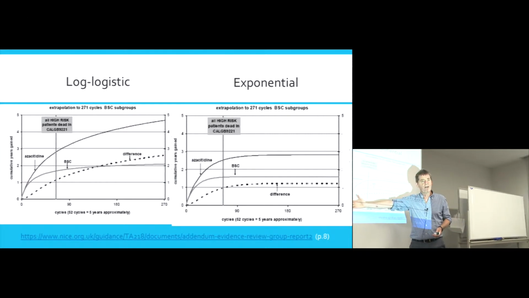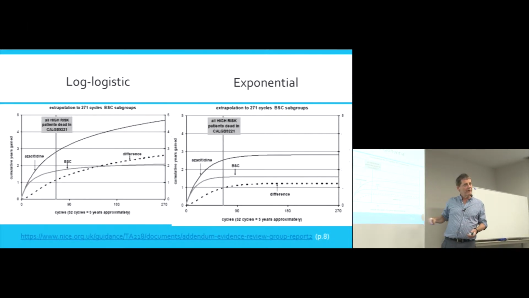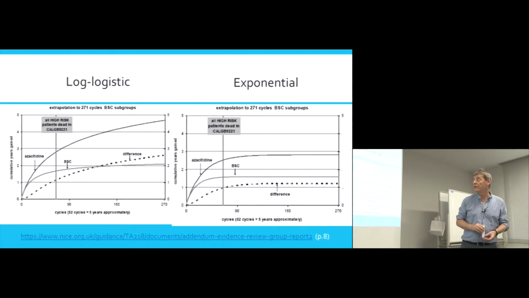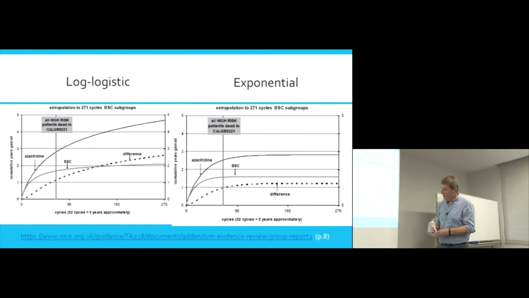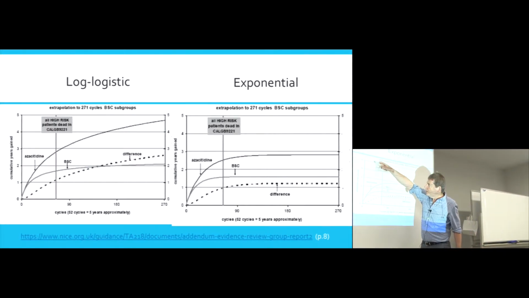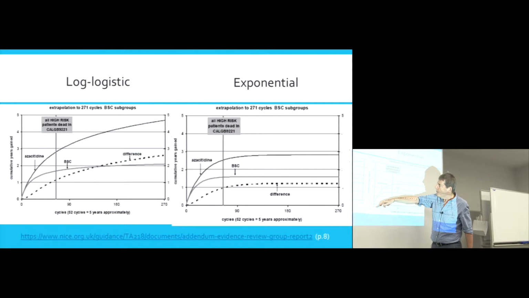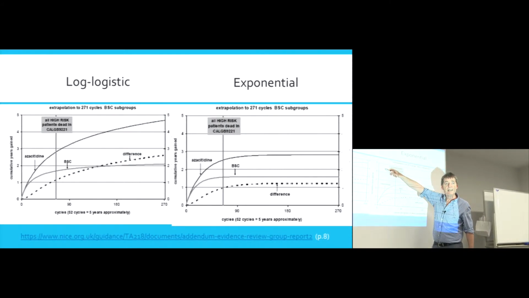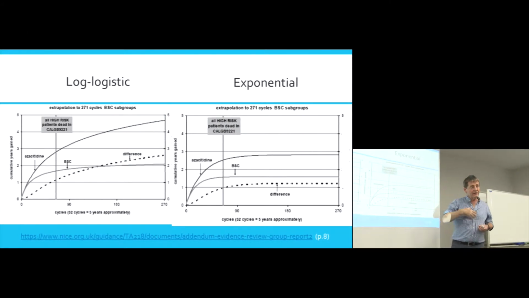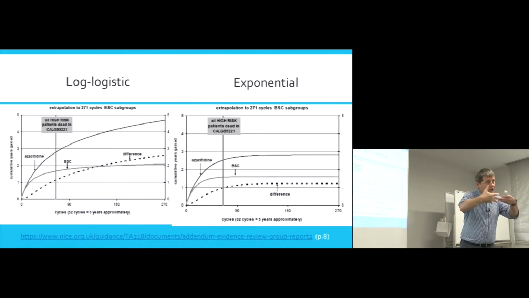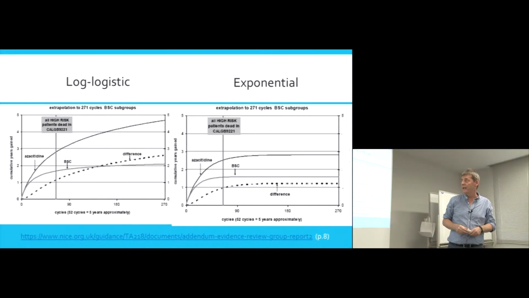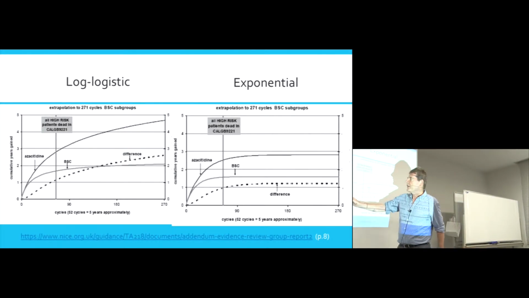So this is quite a long time period, remembering that most of these patients, when they enter this model, are 70 to 75. That's the typical age of diagnosis. On the vertical, in both diagrams, we're measuring cumulative years gained. So this is by surviving the additional years of life that are being gained. Okay, let's take the log-logistic model first of all.